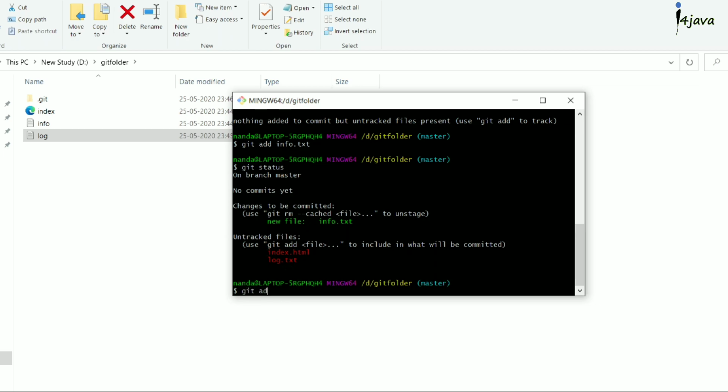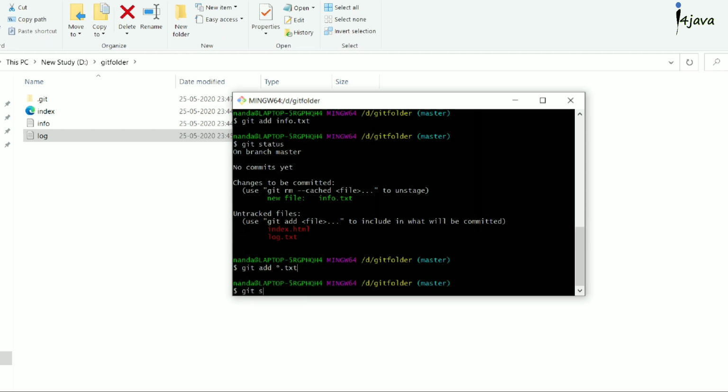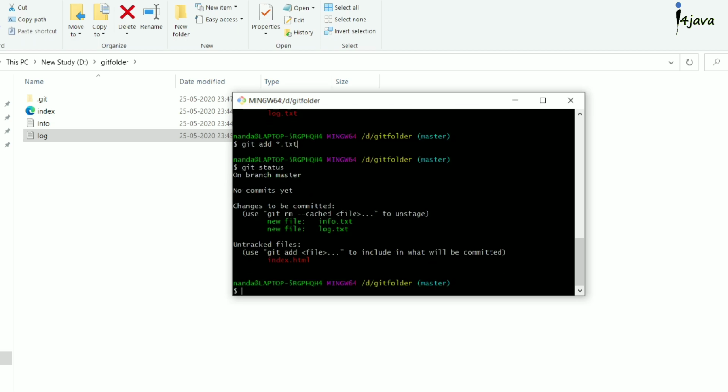Suppose you want to add files to the staging area based on an extension, like *.txt. Whatever files we have with this extension will be added to the staging area. Let's press enter and now check the status.